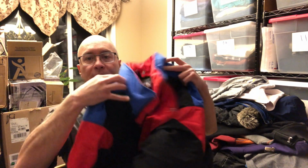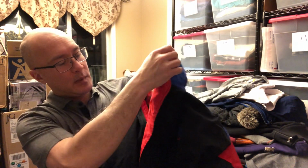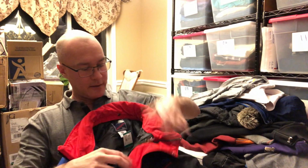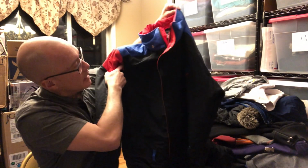Okay, so let me show you what I got. So it's this kind of royal blue color with this bright red and then black. Here's the label. So North Face Extreme, kind of cool that it was made in the United States. Gore-Tex, I associate that with higher value products. Here's the embroidered logo on the chest. Sorry about the lighting. There it is. So cool colors, but this jacket actually is not just a jacket. This jacket is like the full pants too. So it's like a full jumper. So I got a full jumper of North Face